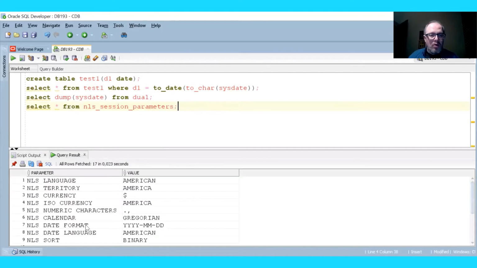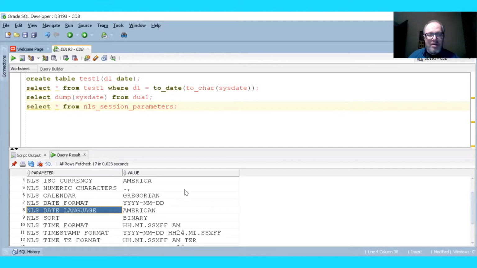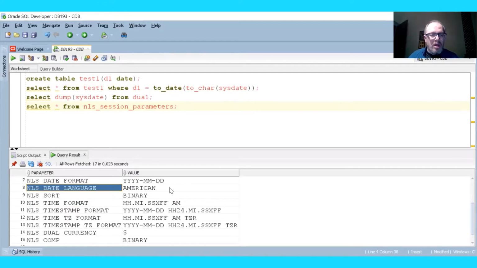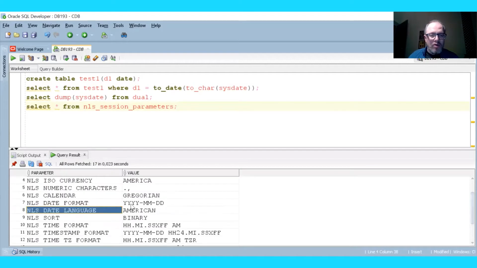right? We have the date language, which is American in my session currently, and we see the date format, which is not American, not the standard one. I have it probably set in the SQL Developer preferences. So with this format, what happens is we just have an unnecessary conversion. It's not that bad, right? The system date will be converted to text in this format, year, month, date, or whatever is the format